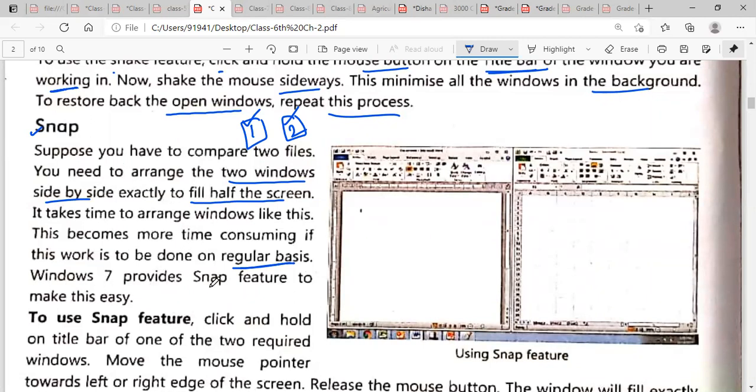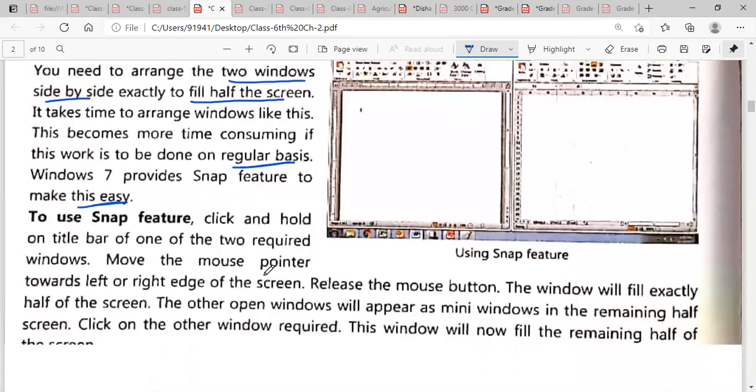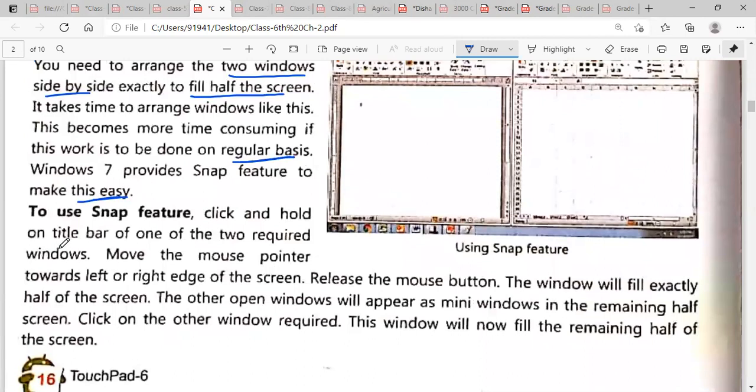Windows 7 provides a snap feature to make this easy. You can compare two files and arrange them so that your whole screen isn't filled. To use the snap feature, click and hold the title bar of one of the two windows.